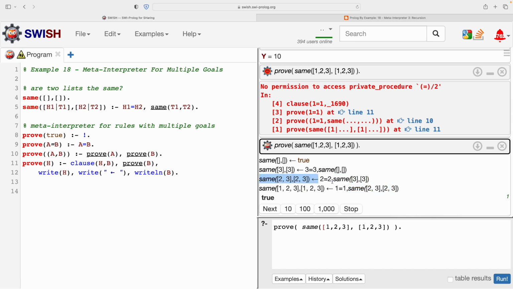because 2 equals 2, the heads are the same, and then a list of 3 and 3 are the same. And that is true because 3 equals 3 and the two empty lists are the same. And the two empty lists are the same because it's just true as a fact over here. So that's quite cool. So our ability to print out